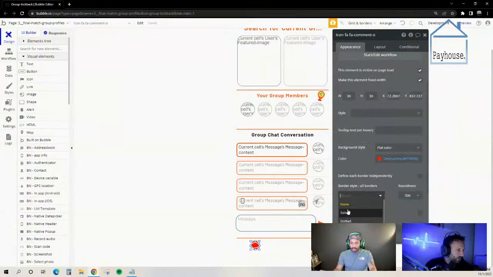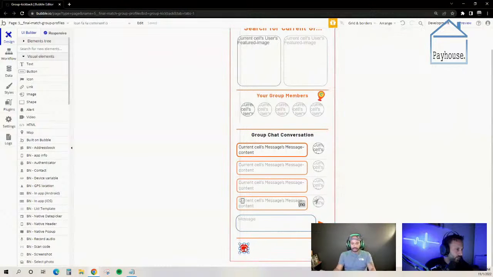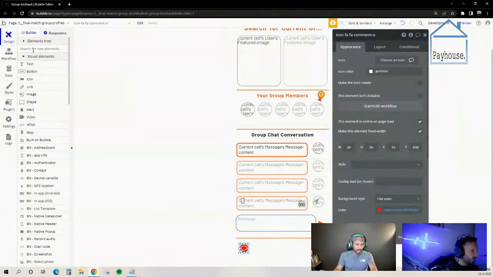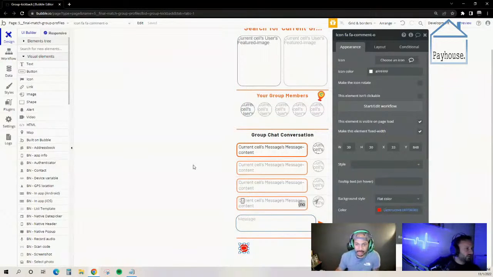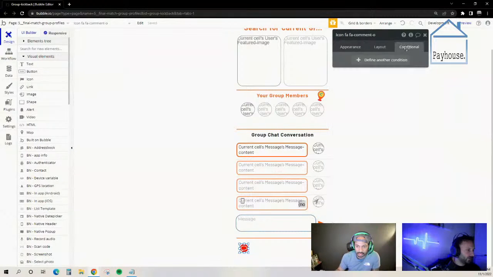What else? I guess that makes sense. All right, so the layout. Let's go to the layout tab. Oh, you can't use that icon. Oh wait, we're on the old responsive. That's why. Just uncheck this, this element is visible on page load, and then go to the conditional tab,